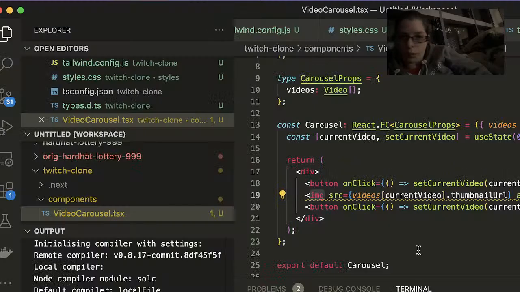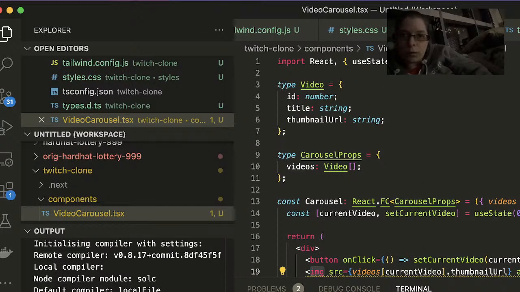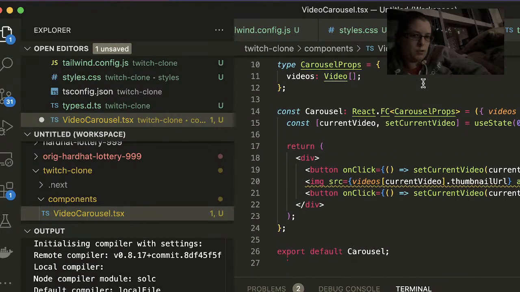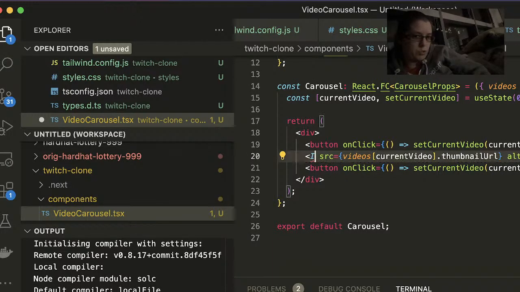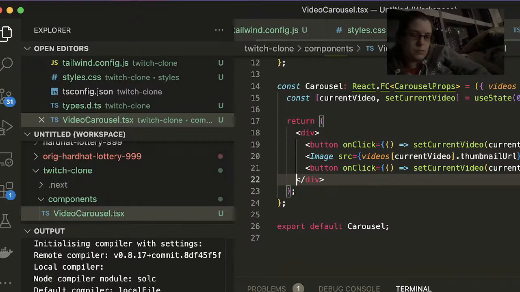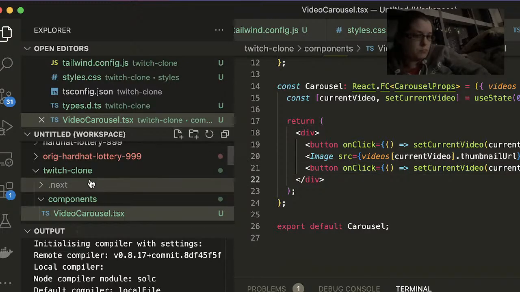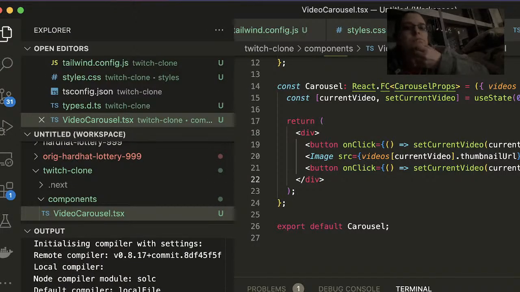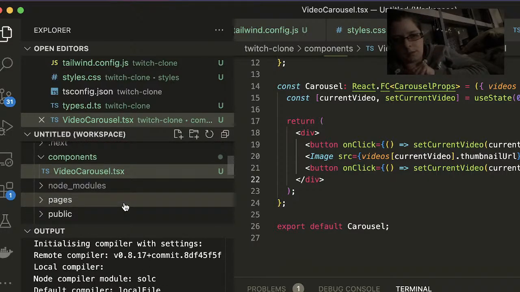Okay, so I'm assuming we can import it here and then just use it. Maybe? And then